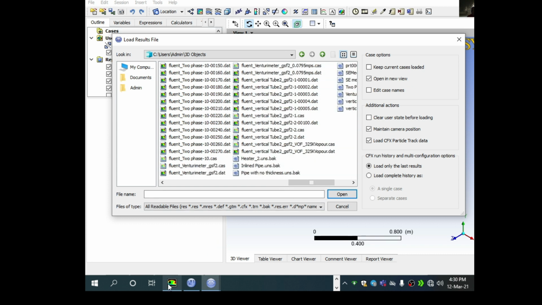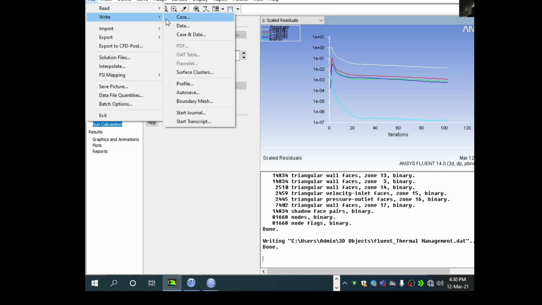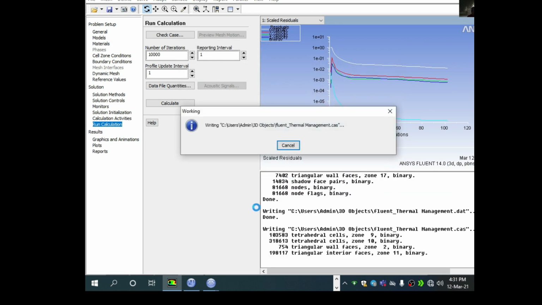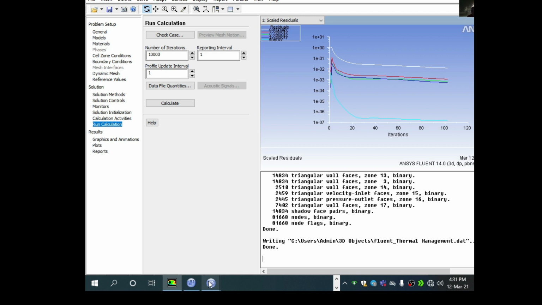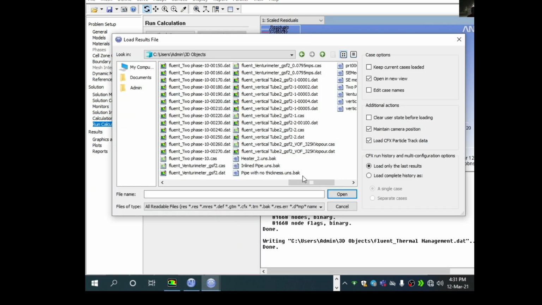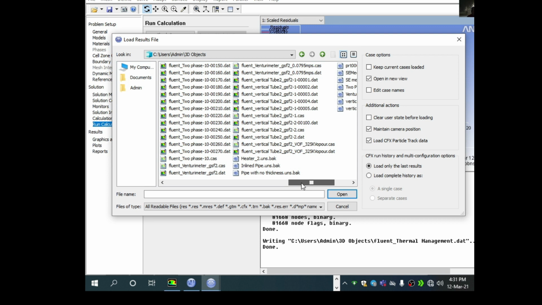Let me check whether I have written it properly, once again. Yes, Fluent thermal TH.